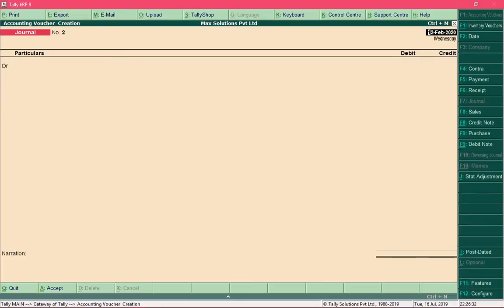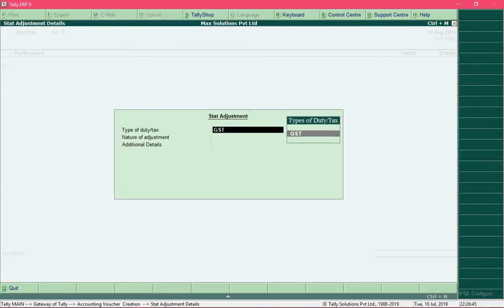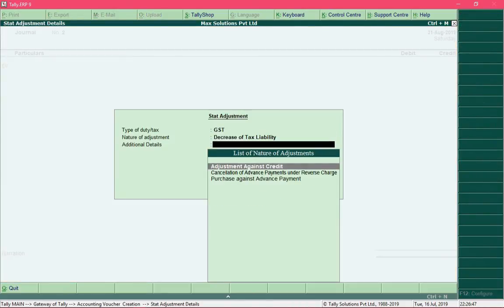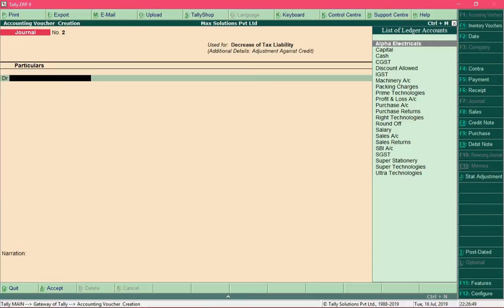And finally we are now required to set off the SGST liability against available input SGST. Let me again change the date and specify the type of adjustment, and let me first pay off the SGST amount using the input tax credit.